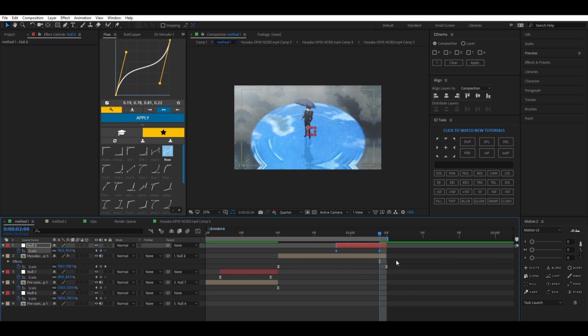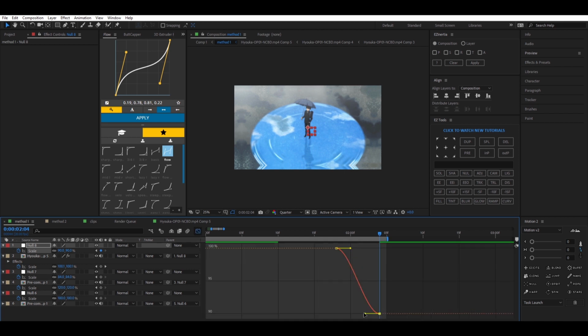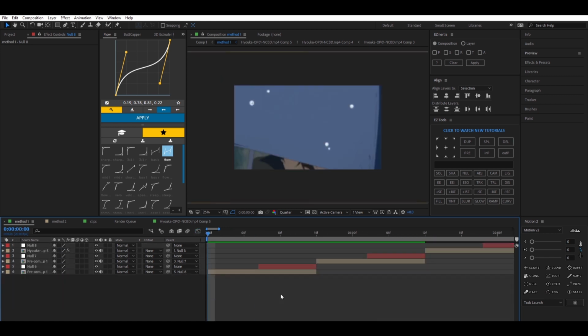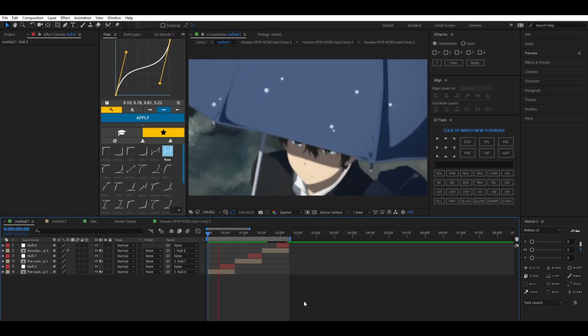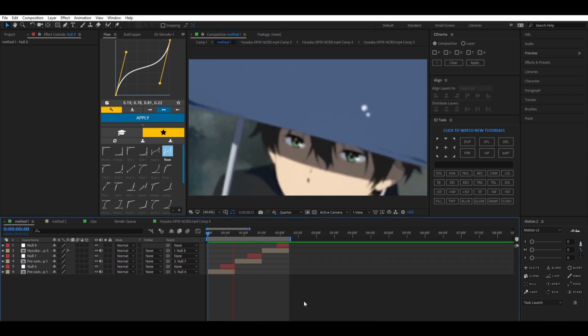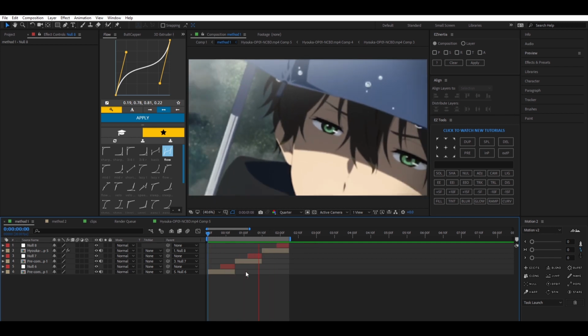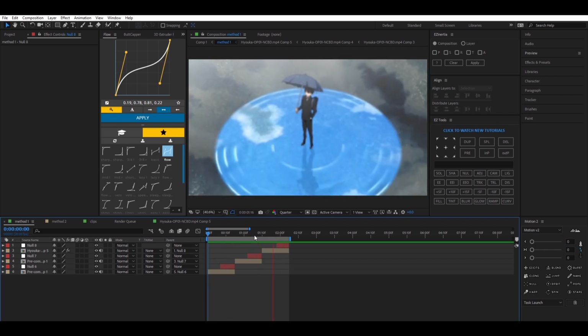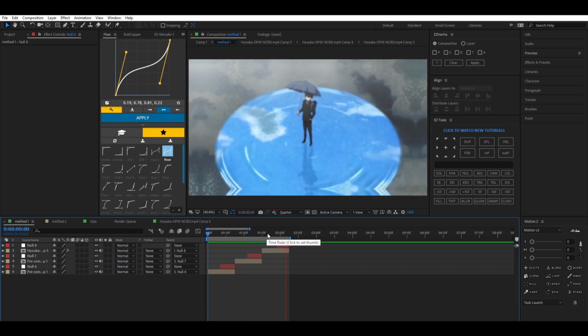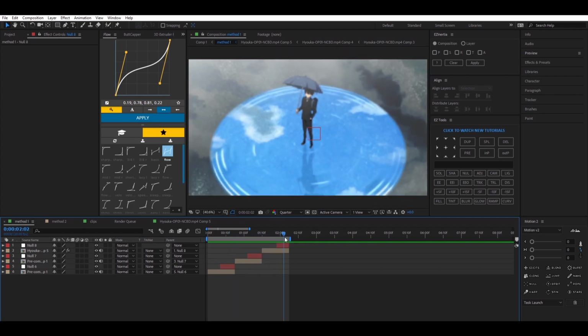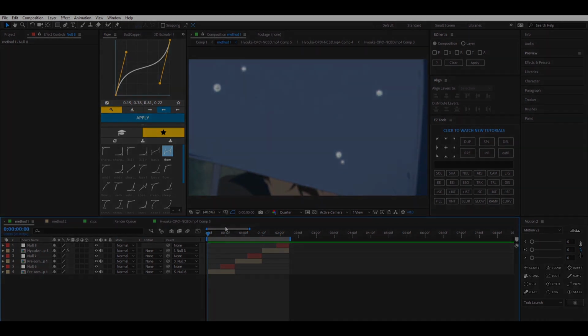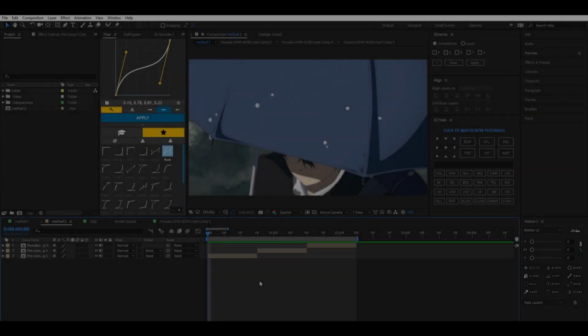And you're going to do the same thing. You're going to highlight your scale keyframes, press F9, and go to your graph editor and make an outward graph, like so. Now let's see what we have so far. You can see here how it has a continuous transition after each scale, which is good. It keeps the edit moving and flowing at the same time. And yeah, this is it for method 1. And on to method 2.